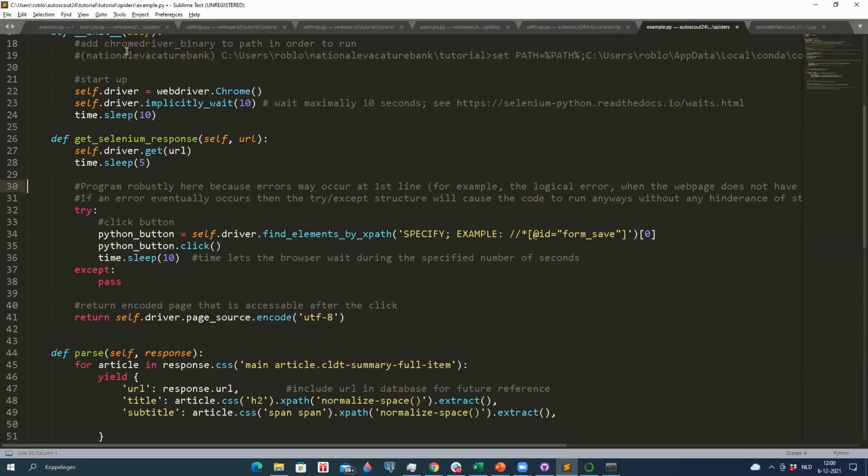And then here, from line 32 to line 38, you will see that